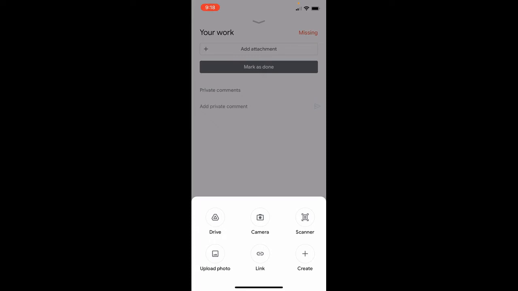But I want you to take a notice of some of these other options. There's a camera option, a scanner option, an upload photo option, link, and then of course a create option. And now a create option is simply going to allow them to create a document straight from this particular platform. So it would be any kind of Google file straight from this platform. Okay, but just for the sake of showing you how some of these other options work,